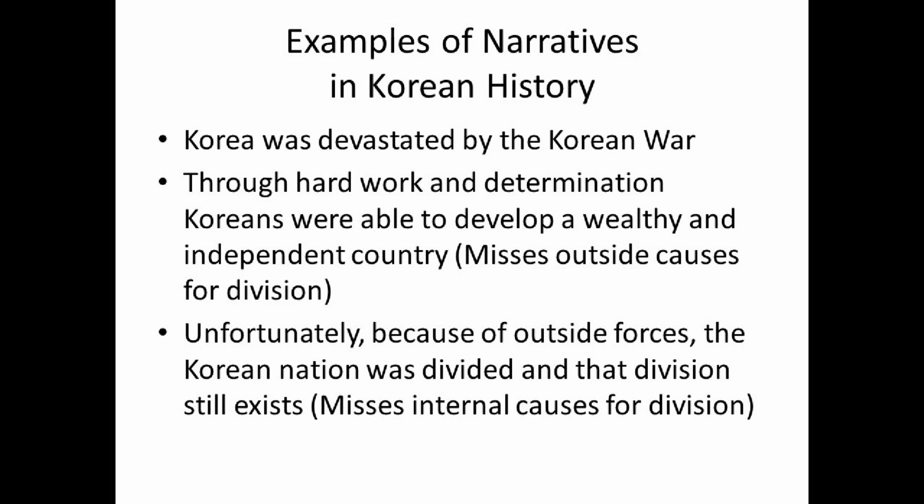The amount of foreign aid given by the United States, either directly or in loans and things like that to the South Korean government, was astounding. And simply to tell this story of the Koreans lifting themselves up by their own bootstraps is not completely true. It's not completely false. They did have to work hard. But they also benefited in many ways from American assistance, right? And it's problematic if they miss that part of the story.